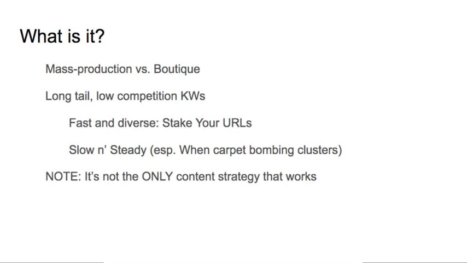So fast and diverse: throw a bunch of stuff up there on a bunch of different topics. You've got to go low competition when you're starting out, though. Really low competition. The reason is your site's not going to rank for anything other than, it has to be filling a void. It has to be like Google's saying, well, we've got nothing else. I guess we'll put this number one because there's nothing else. That's what it's got to be with a new site. That's just the way it is. You're not trusted, no authority.